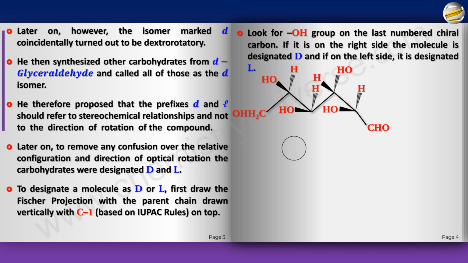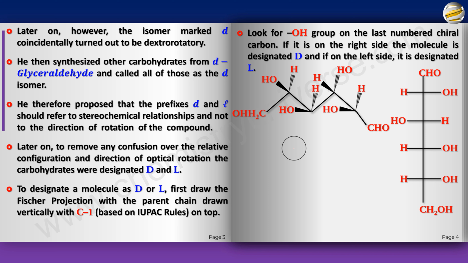Say for example, this molecule. Now remember, we had drawn the Fischer projection of this in the previous video. Its Fischer projection was this. And this, by the way, is glucose. Now what do you observe here? C1 is on top because out of all the functional groups here, CHO has the highest priority in IUPAC. So C1 is on the top, and if you notice the vertical chain, the parent chain is this vertical chain ending at CH2OH, maximum number of carbon atoms top to bottom.